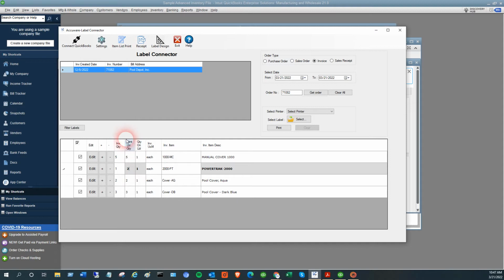So the data source value that we're going to use in our designer is going to be print label quantity to drive the second value in the 1 of 2, 2 of 2, right? So we need to know how many labels total are going to print, because that's the part that's after the of part. So we would use print label quantity as the second value in the designer, and I'm going to show you this in a minute. Or you could use, if it's never going to change and it's always going to be the invoice quantity that's used as the total amount of boxes to print, then you could use invoice quantity as the data source. So I'm going to go into the designer now,